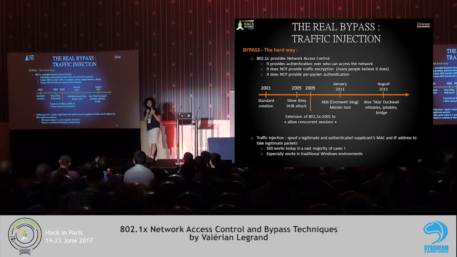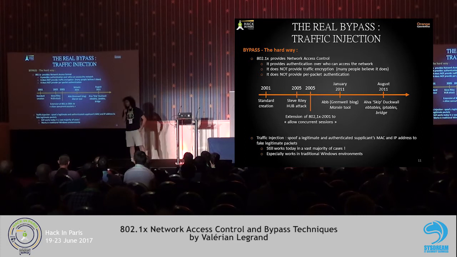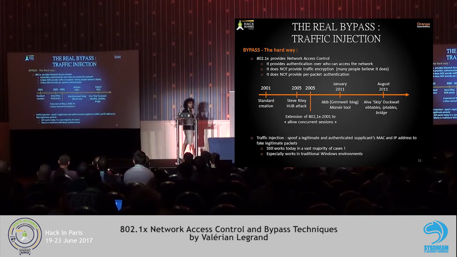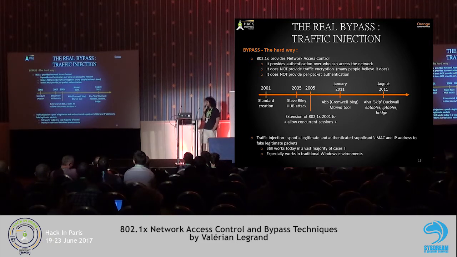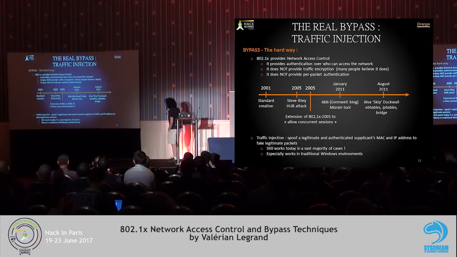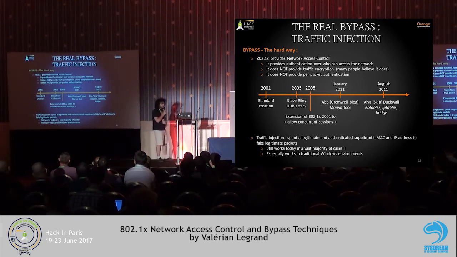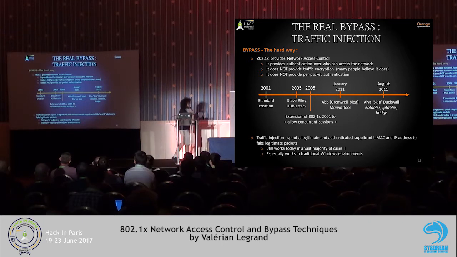Basically, he set up his hub between the legitimate device and the switch, and as the legitimate device was authenticated, the port was open, and Steve Riley was able to do whatever he wanted on the network. The switch didn't check where the packets came from. So following this attack, vendors extended the .1x standard to allow concurrent authentication sessions, meaning that now the switch